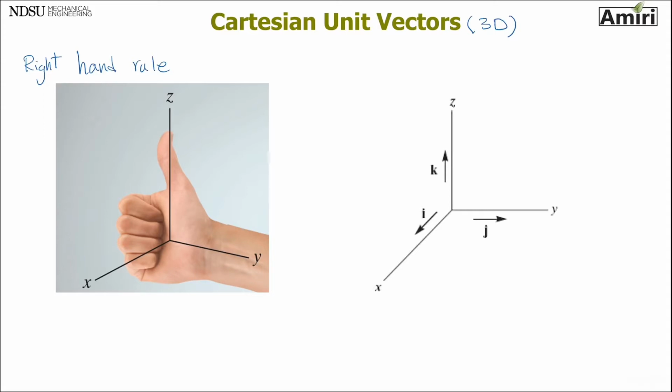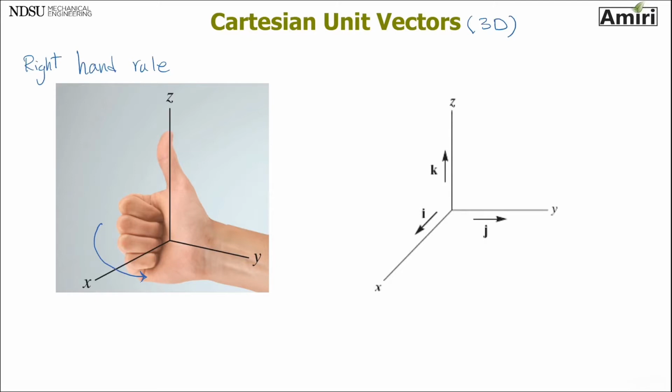It doesn't matter how you rotate your x, y, and z, their relation to each other remains fixed and remains the same. And that is, you put axis y on your arm or forearm, you curl your fingers like that, and this is the direction of x, and your thumb is pointing to